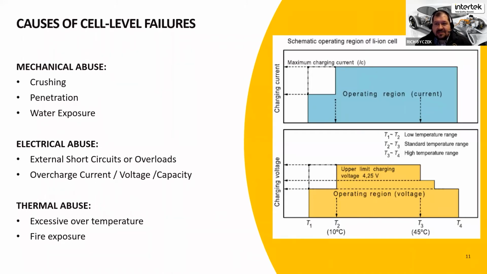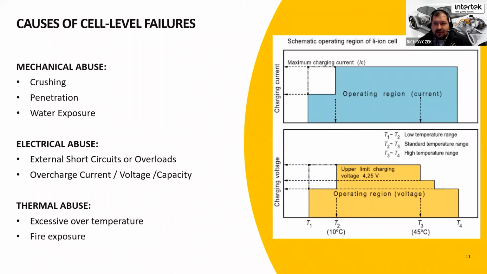So when we go outside of these ranges, we lose that confidence that we can maintain the reversibility. We can cause some of those chemical side reactions, or we drive the battery to create more heat than it's able to dissipate. And when it has too much heat that it can't dissipate, that again can be one of the root causes of a thermal event or thermal runaway.